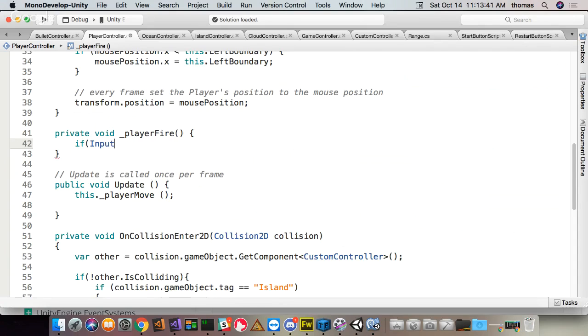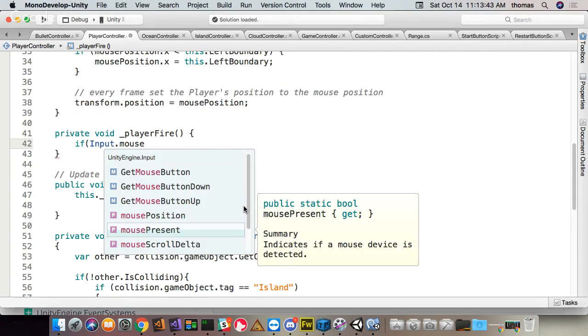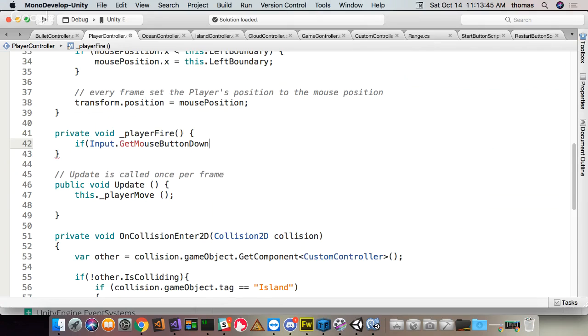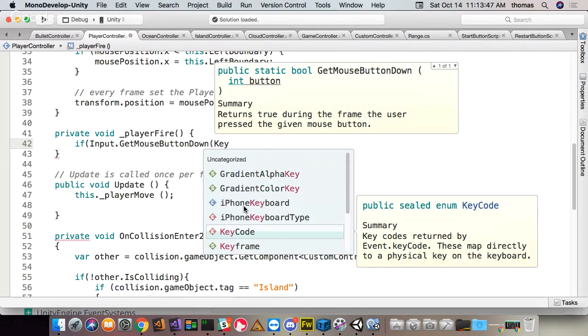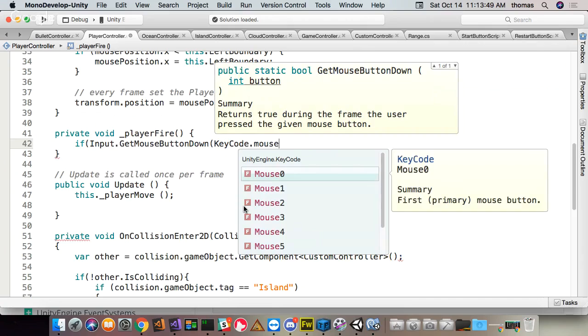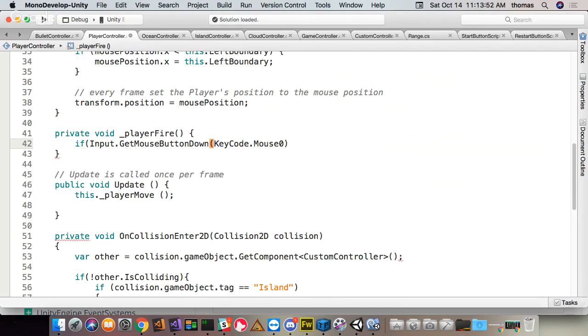So again, I'm going to say mouse, get mouse down. I'll say key code, mouse 0 to know which one that is. Right, the left mouse button. Could have put 0 in there too. If that's pressed,